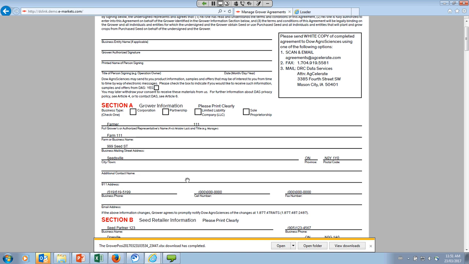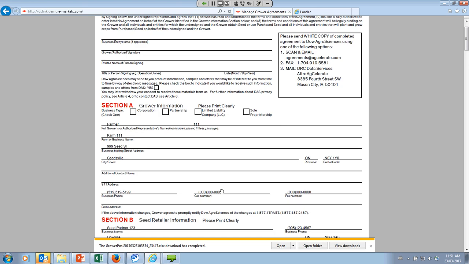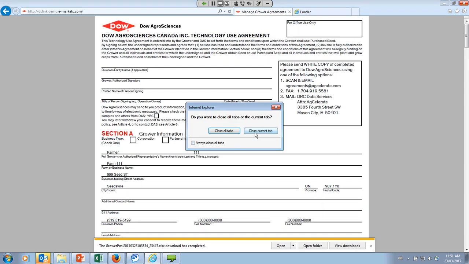Again, I caution you, have them review the information here in case there's anything that's wrong in their record or if they want to add a cell phone number. It helps us to match licenses to customers if we have good, complete information. So that's how you can print a pre-populated form